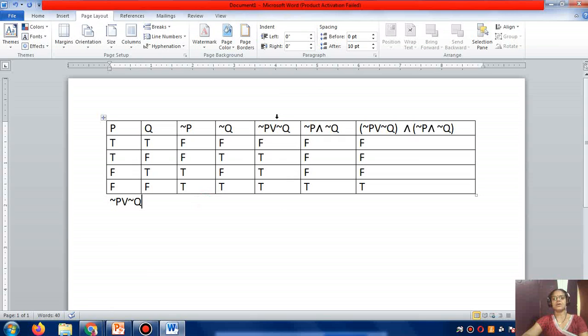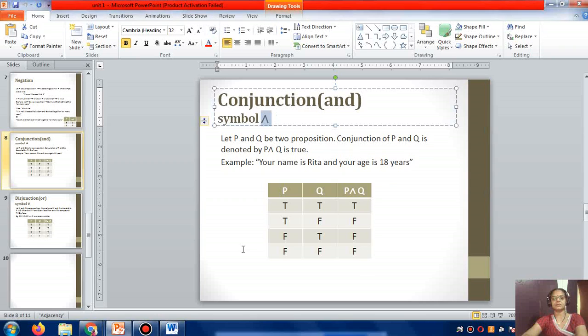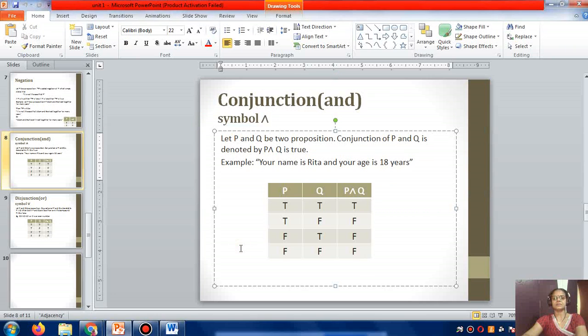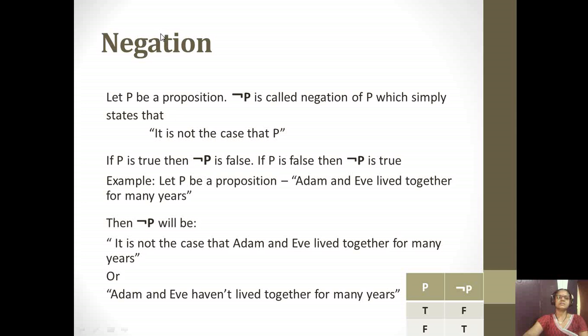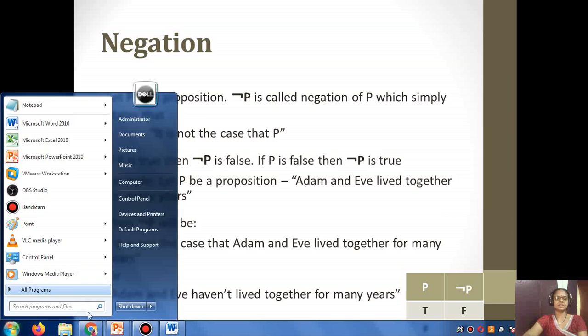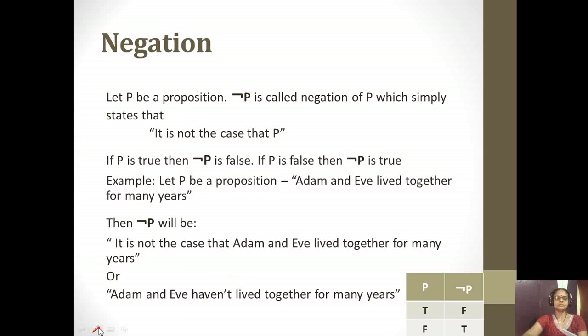See in case of conjunction, again I will repeat, those who have joined right now, this is my negation. Negation can also be represented in other ways. This is the symbol for negation. तो हम ऐसे लिखते हैं, ये P का negation.